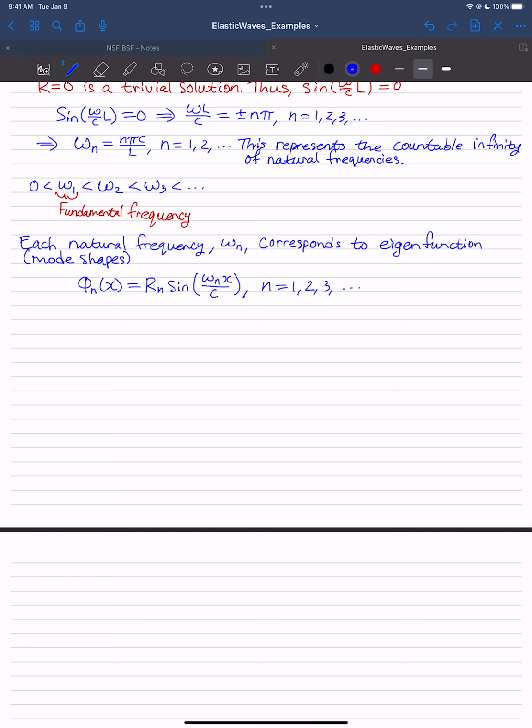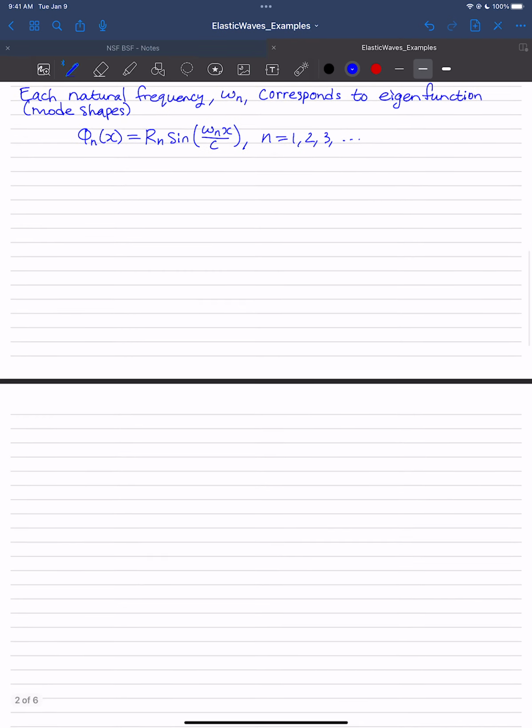Now, usually you would go ahead and mass orthonormalize these to find that unknown constant. In this class, we're not going to do that. We're reserving that for an advanced class on advanced vibration. So you do not need to mass orthonormalize, and you're not expected to do that on any of the exams. And so we'll just say then that hence the infinite set of normal modes is,